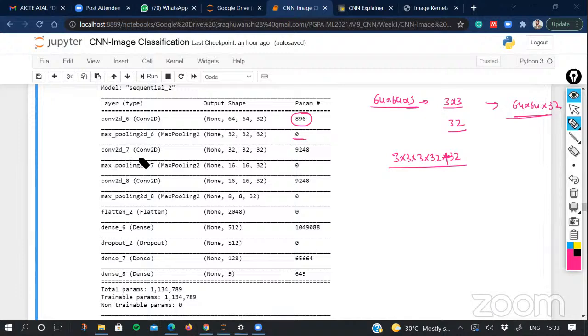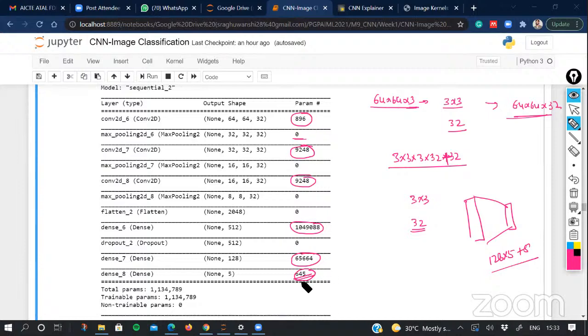Then again, we are applying the convolution layer, which is with 3 cross 3 and 32 channels. So the total number of parameters will become 9248, and so on for the following layers. You can compute these parameters, like when you compute between the 128 fully connected layer and 5, that is 128 cross 5 plus 5, which becomes 645.